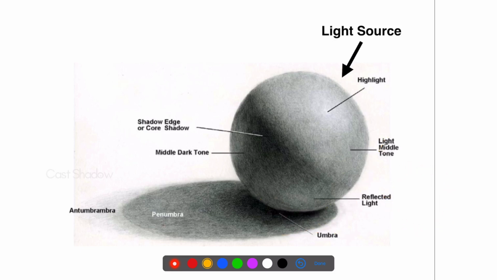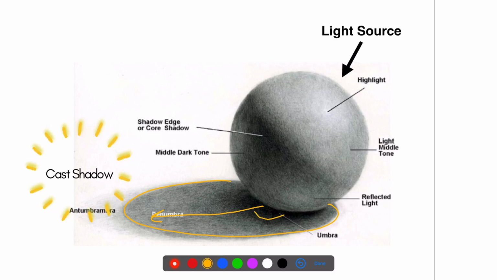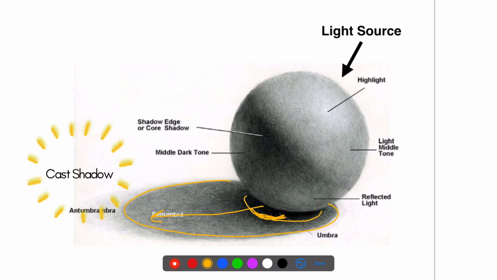And the cast shadow is going to be the fourth section of value that I need to see in your work. The cast shadow shape should reflect the shape of the object. It's just going to look a little distorted. Inside the cast shadow, your values need to change from dark to light. It's usually darkest near the object itself, and that dark value section helps define the difference between the cast shadow and the form. And then usually the values kind of diffuse as they're getting further away from the sphere or